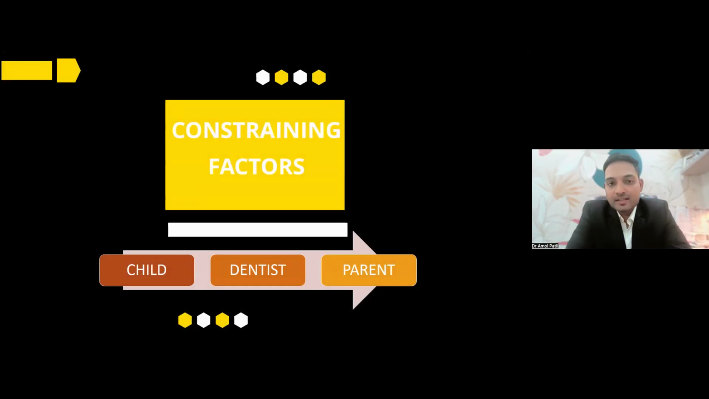So, what are the major factors based on which we can decide which restorative material to choose and which one not to? There are three major constraining factors. The first one is the child. When we talk about the child, it's not only how the child wants his teeth to look. It's about,